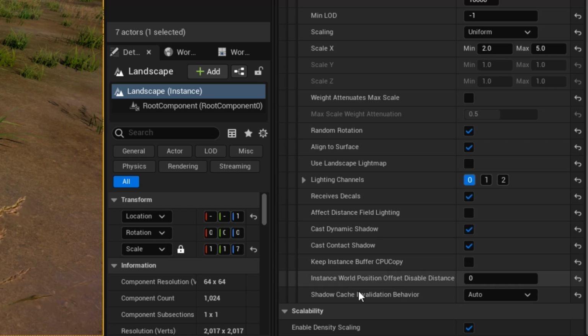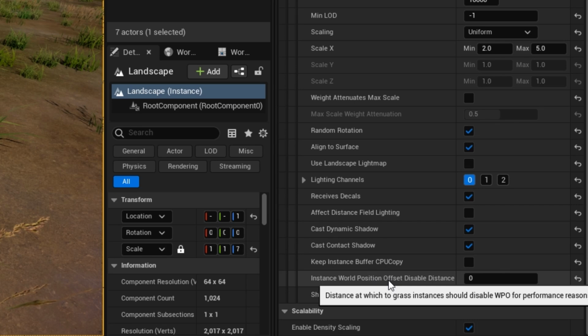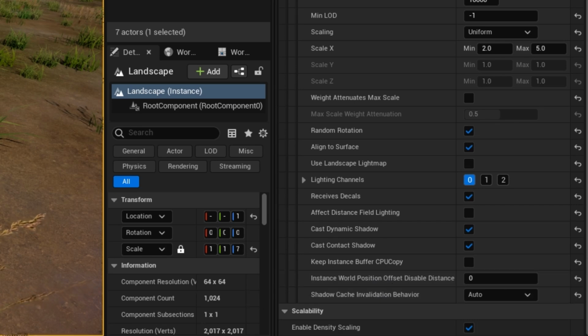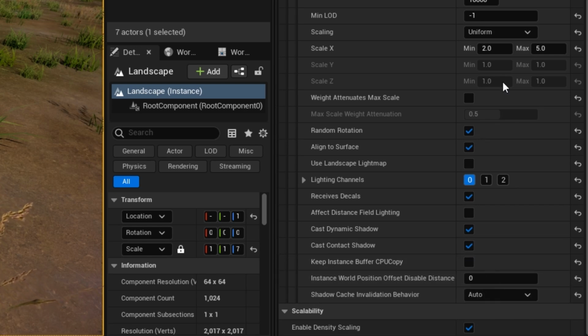So world position offset is something that the materials use to animate the vertices of the mesh. So at the moment it's set to 0, so that means that the world position offsets are not disabled at all. But if we put a value in there, it'll act like the culling distance. So if we put a distance of something like 100,